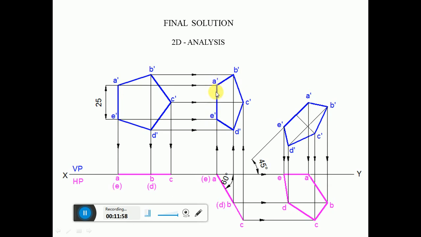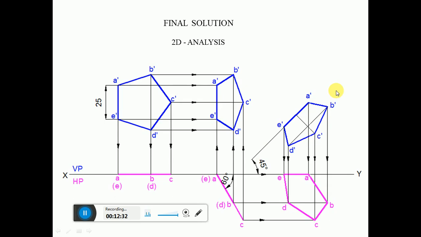So now we have the true length, and the edge which is resting on the vertical plane, which is resting on VP, is this point. When you look from the top view, A and E are on the XY line in the top view, so that means it is parallel to VP and it is on VP. So you can see here the true length. Since you have the true length and the inclination given is also the true inclination, therefore rewrite the second position front view by rotating it at an angle of 45 degrees to HP.